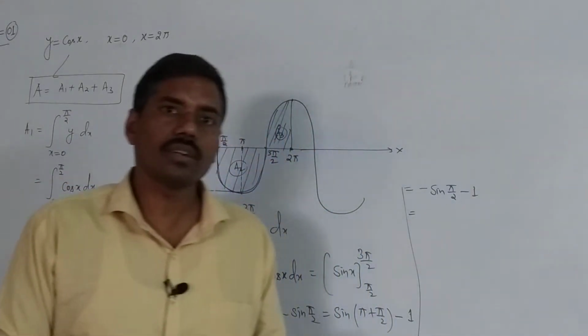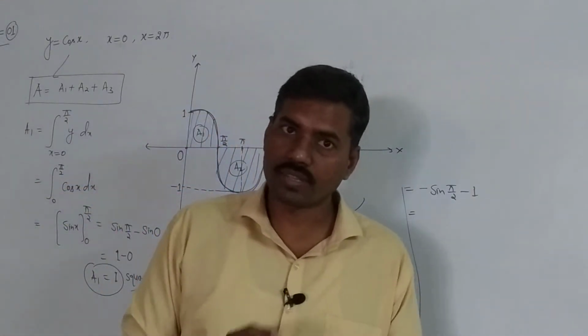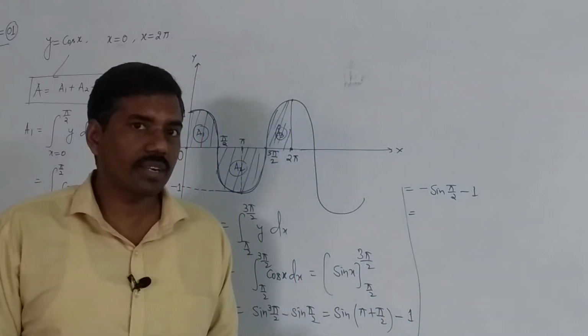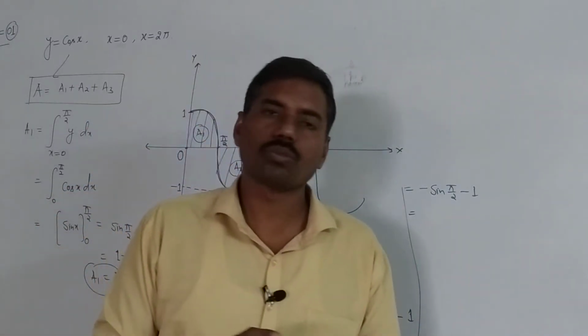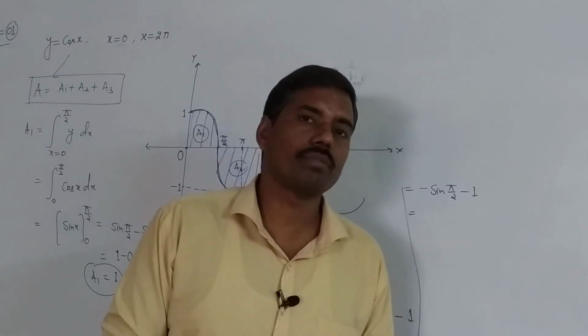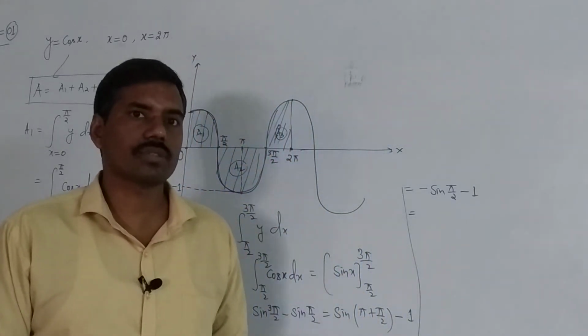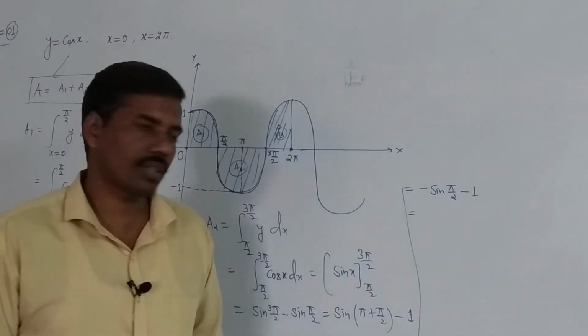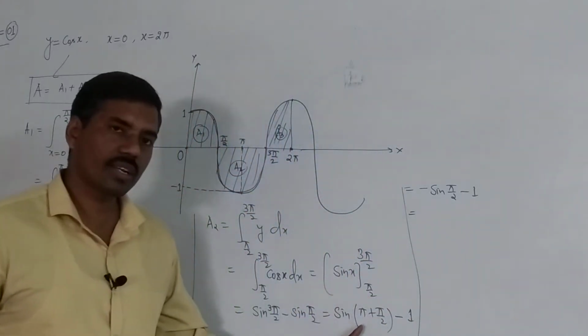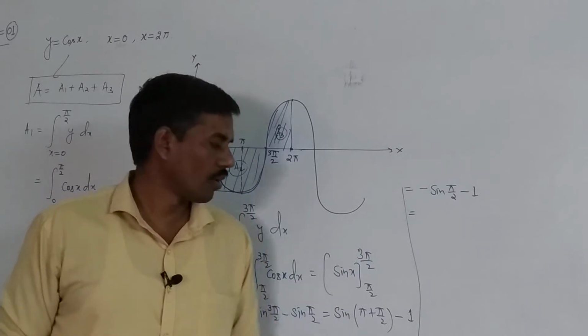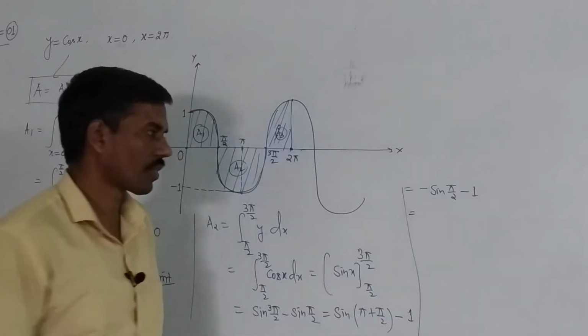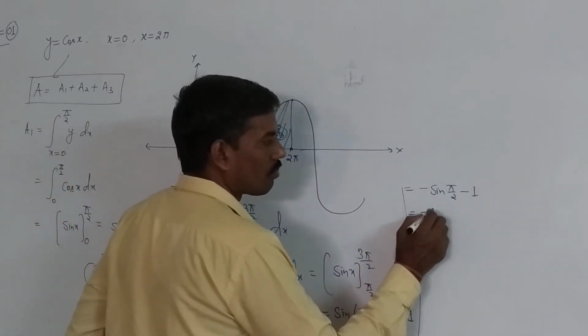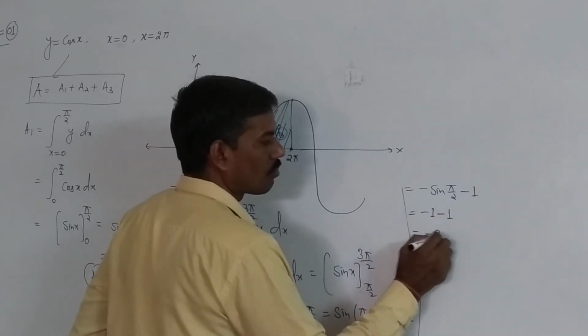In the third quadrant sine is negative, and since the angle is 180, a horizontal angle, there is no conversion of trigonometric functions: sin, cos, tan, cot, cosec, sec remain as they are. So for angle 180, sine stays sine, and theta is pi by 2. Okay, sine of pi by 2 is 1, so this is equal to -2.